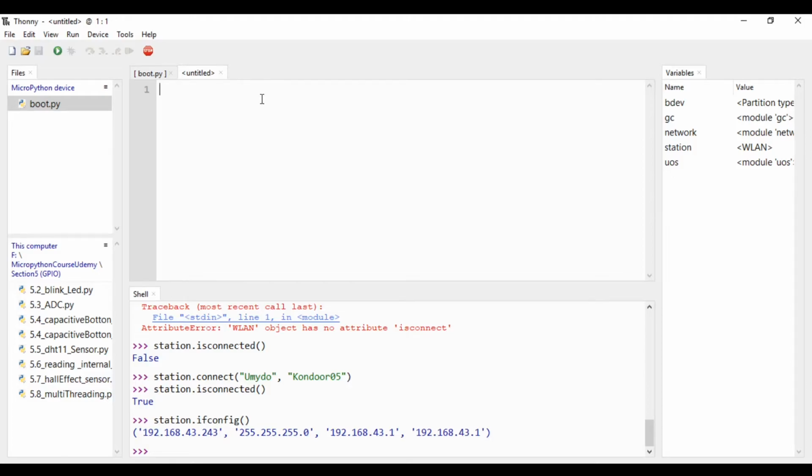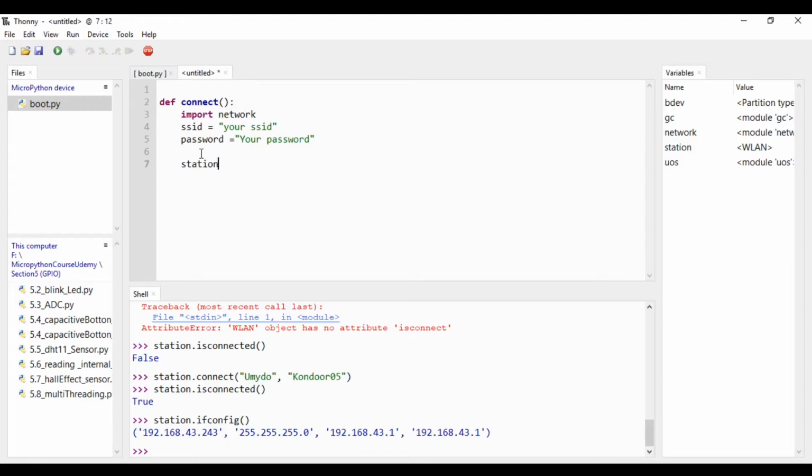We are going to write a code for auto connect to Wi-Fi network. We know what are the commands we wanted to use. I am going to create a function with the keyword def connect, import network, your SSID, your password. Let me write. We wanted to create our object. Here we had created something called station. Same way I can create here.